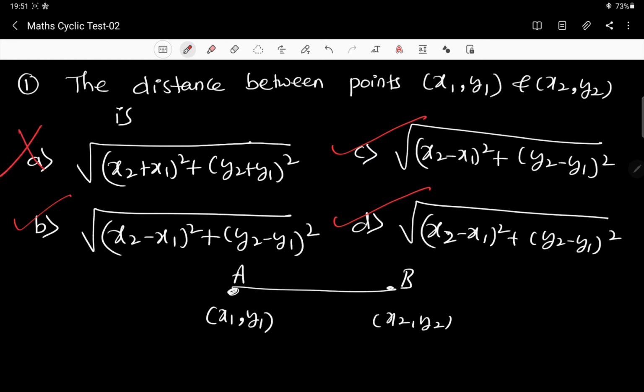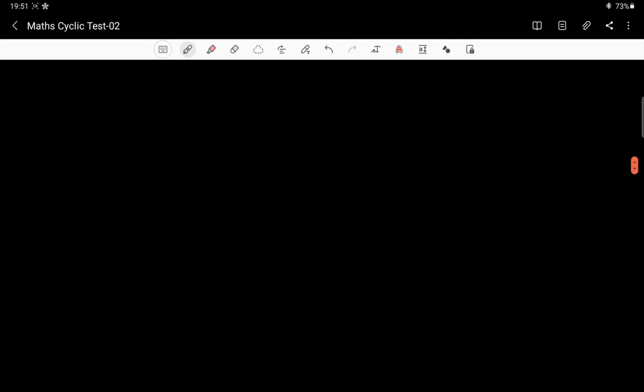All right, and they're asking us to choose the correct choice in the following. If they were asking for the incorrect option, this would have become the right answer. But in this case, B, C, D all are the same. I think they wanted to change this, maybe make this a plus or something like that, but in the hurry they must have created it like this. But anyway, if you take any of the answers B, C, D, you should be able to get the complete mark. All right, fine. Then moving to the second question.